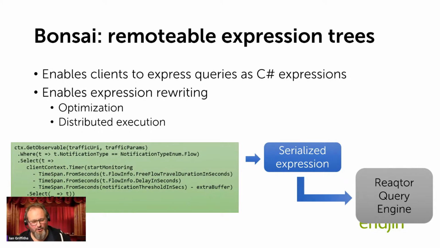It might say, well, okay, you're looking at traffic reports. Actually, we've got a compute node over there that's already doing all the filtering based on routes and so on. So we're going to run that part of your query over there, and then connect that to this other node that's going to handle the rest of the query for you. Or it might say, oh, okay, that query you've written can actually be pushed out all the way to the edge device. So if I've got, for example, one of these air quality monitors, it might work out that the air quality monitor device is perfectly capable of running the filtering that I want it to run. And so it can push that all the way down to the bottom, which might be really useful if you're running in a bandwidth constrained environment, which is often the case if you have sensors dotted all over the place.